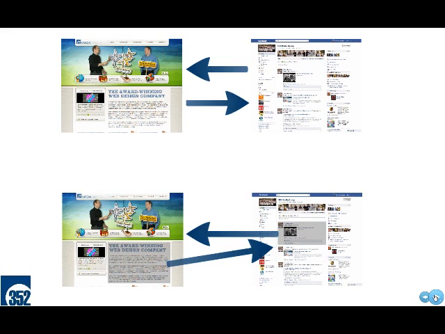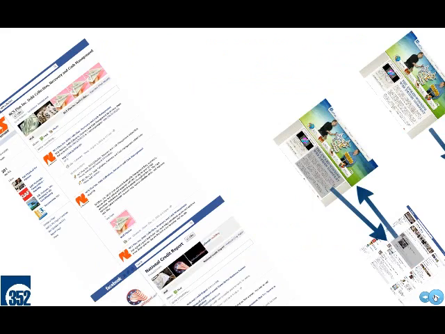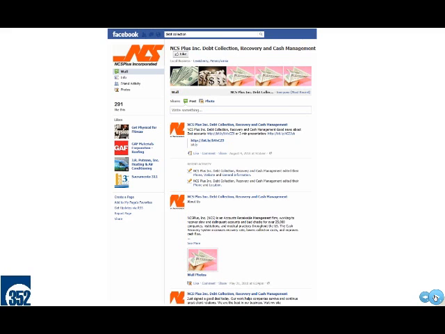Likewise, if you get people to your website, that's a great thing as well, and that's something that you spend a lot of money on with pay-per-click ads and search engine marketing and advertising to bring people to your site, and that's where your call to action is. That's where people can buy your product or request more information or whatever it is that your site offers. So why at that point do you want to push them away to a different site? Maybe after the sale or after they've filled out a proposal request form or whatever it is, maybe then you want to encourage them to connect so they stay part of your network. But the last thing you want to do is get someone to your site and then immediately ask them to leave. So let me show a couple of examples of what I'm talking about.